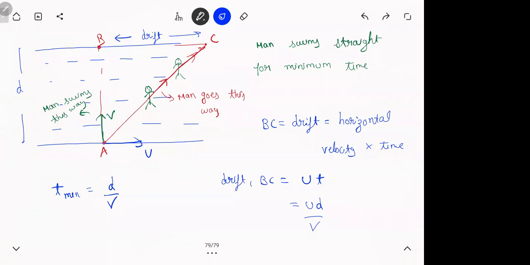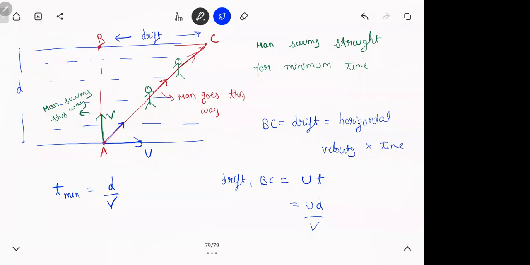Sir, for minimum time, the distance should also be the shortest, no? Shortest distance. See, I'll tell you one thing. Wherever you cross the river, you have to cross D distance, no? When I say you cross the river, what is more important? This distance only, the component. Even if you go this way, what is important? This component only, no? Yes, sir. Getting it? Okay, fine. If you say that way, I'll tell you one thing. What is the speed of the man actually?